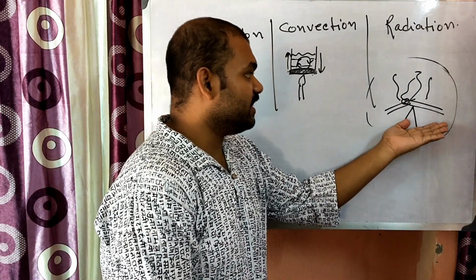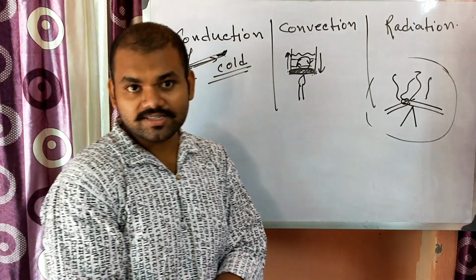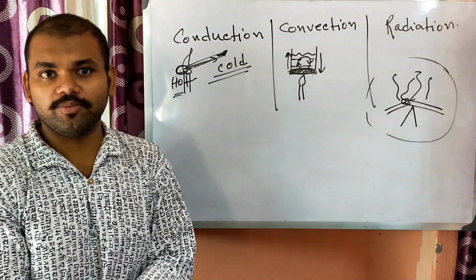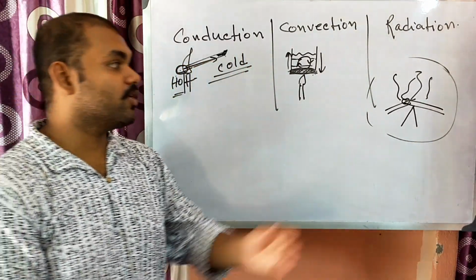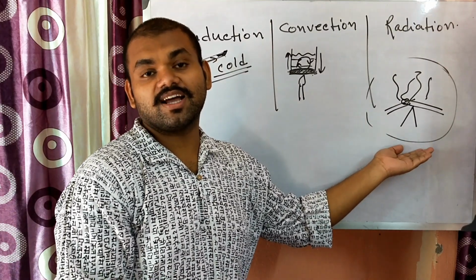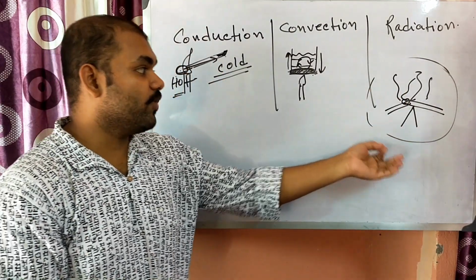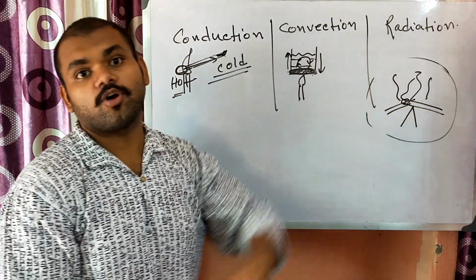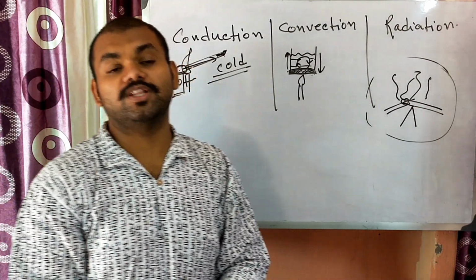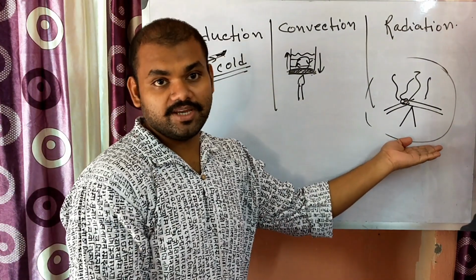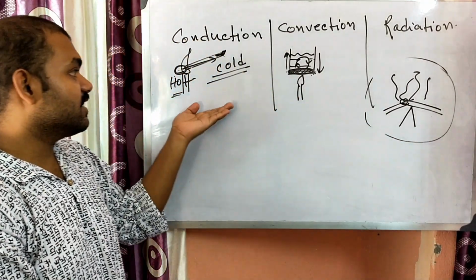So this kind of heat doesn't need any medium. Like in the case of the sun, which is far away from us, generally 15 crore kilometers, but you will still feel the heat. Why? Because this doesn't need any medium. This is an electromagnetic wave. That wave transfers from one place to another place without any medium. It doesn't require any medium, and this is the fastest process. And this is slower, and this is the slowest of them.